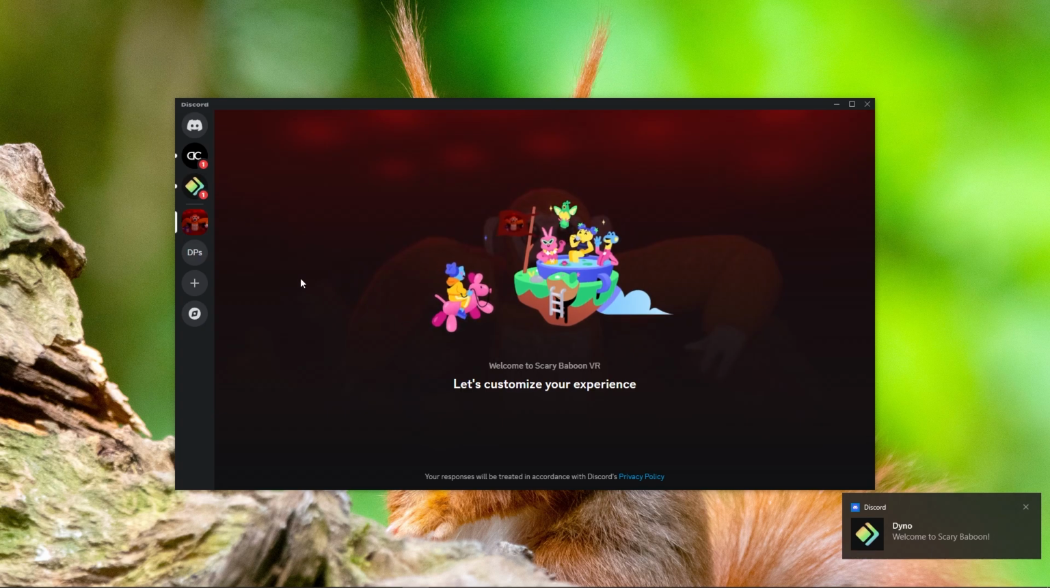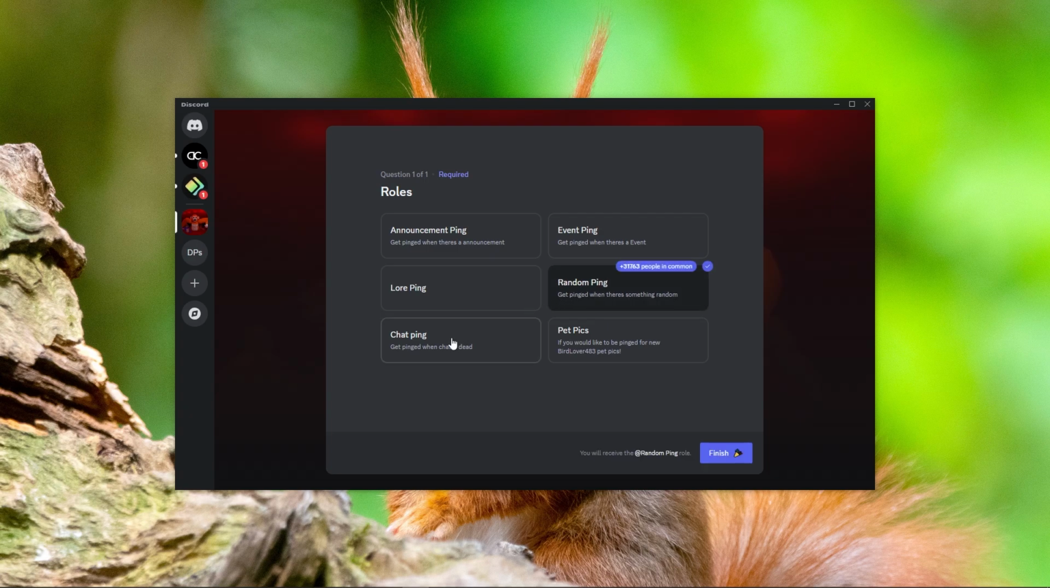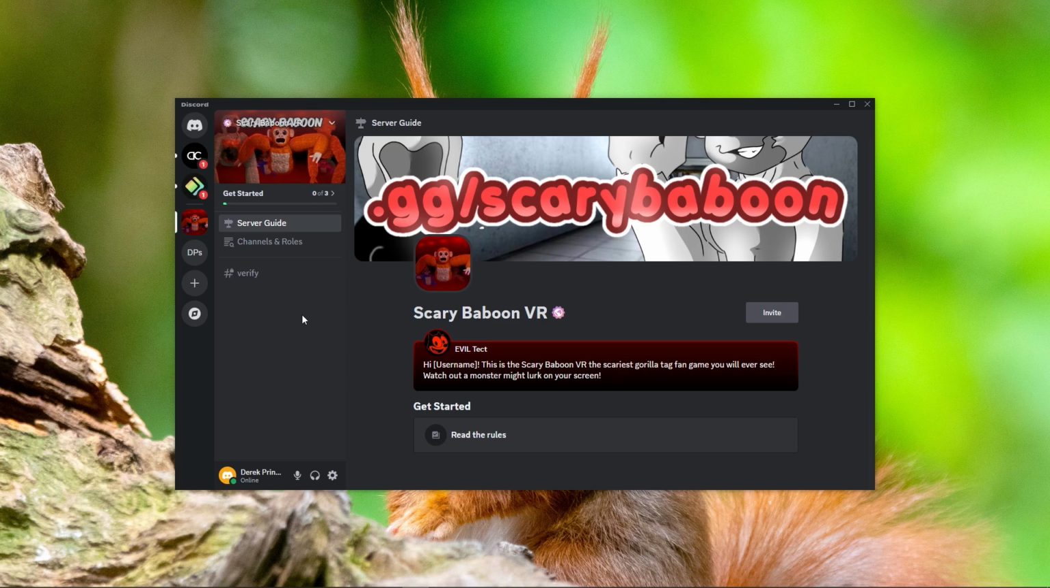Once inside the Scare Baboon server, you will see role selection options. Choose the roles you want according to your preference. After selecting, click Finish to save your preferences. And that's it. You are now a member of the Scare Baboon Discord